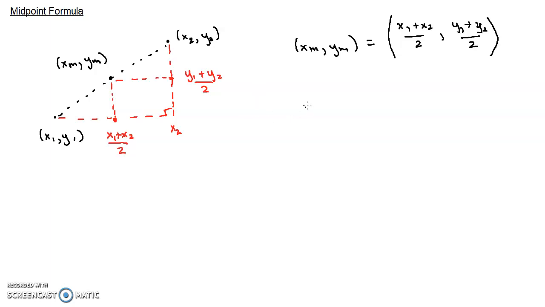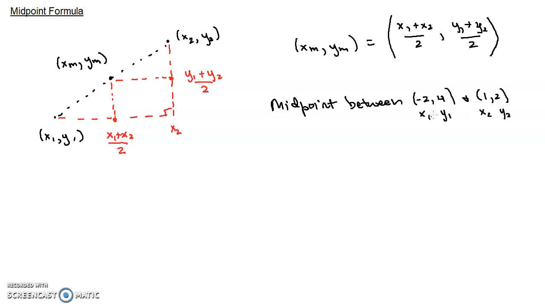So let's look at a quick example. They're pretty straightforward. Let's say we want to find the midpoint between negative 2, 4 and 1, 2. Okay, so again, we're going to name these x1, y1 and x2, y2. Doesn't matter which is which, as long as you make sure the 1's are together and the 2's are together. And then when we do the midpoint,